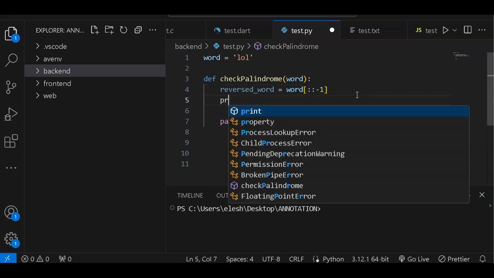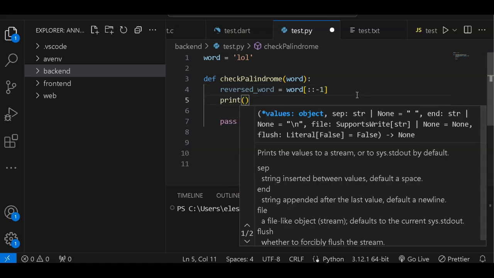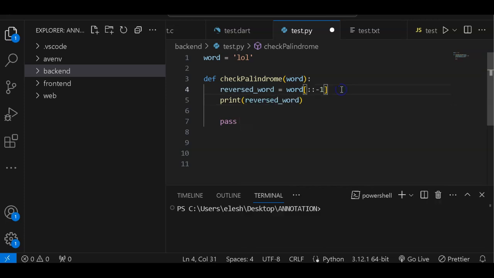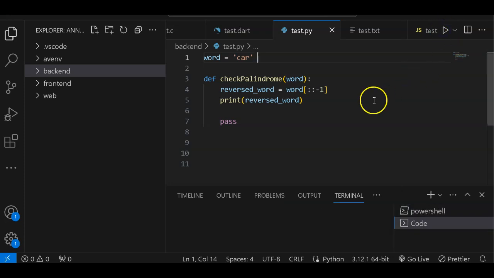So if you print reversed word now, you will see that we have been able to reverse this word. But now let's use a better word that's going to show that we have reversed it. So we can say car. Okay, so if we print this now, you will see that